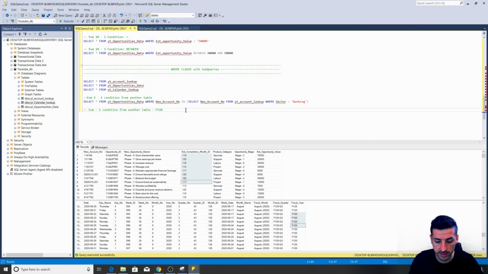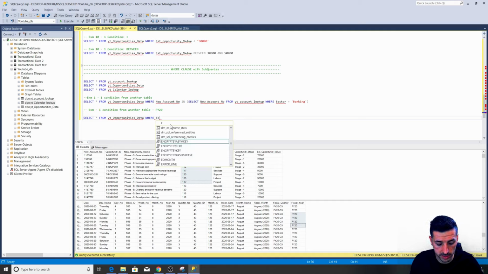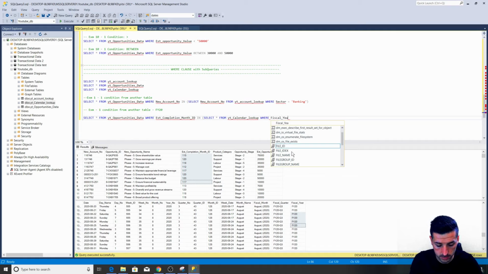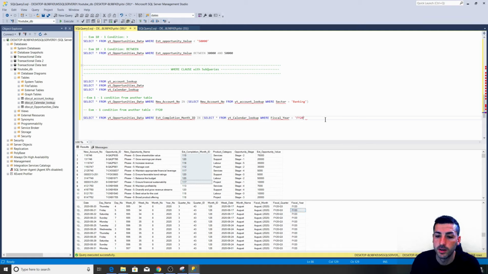You can say select everything again from our opportunities data where our estimated completion month ID, in the same way we've done in here. And now I want to select all from my calendar where my fiscal year equals, and I'm just going to copy FY20, fiscal year 20, and then I want to close the bracket. So if I just run this now,